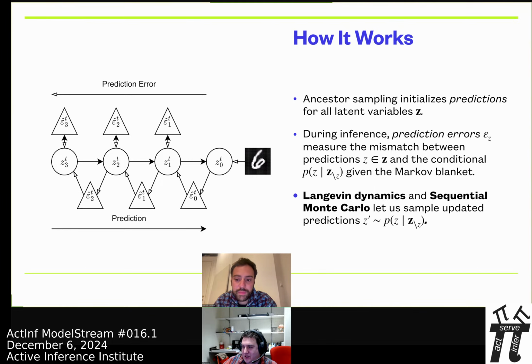And then, I note that we use sequential Monte Carlo here, and what that's actually for is that sequential Monte Carlo algorithms give you a whole set of rules for how you can start from the proposal that you sample from, then go to the local target that you're trying to sample from, and then combine those in a neat way to get samples from the complete joint distribution. So you would start here from the data on the right, do this predictive coding step for Z1, be done with it, repeat the same predictive coding step for Z2, but now with a new prediction error from Z1 down here, repeat all the way up here,